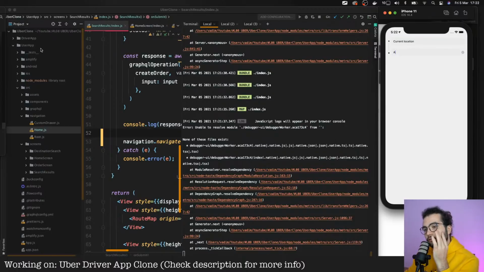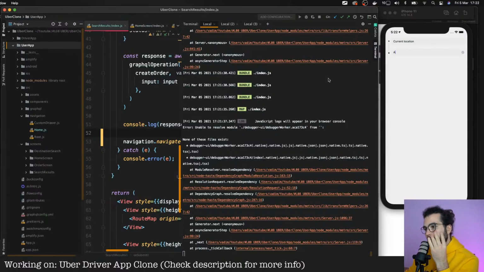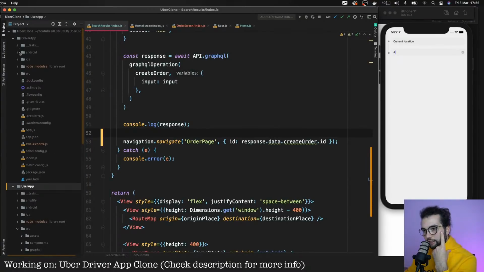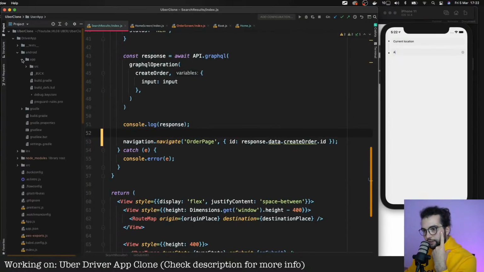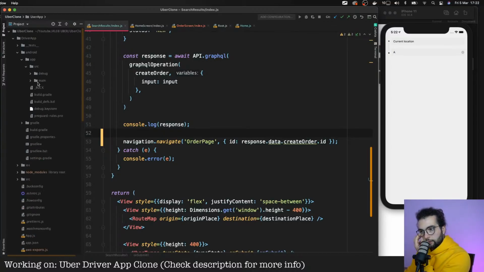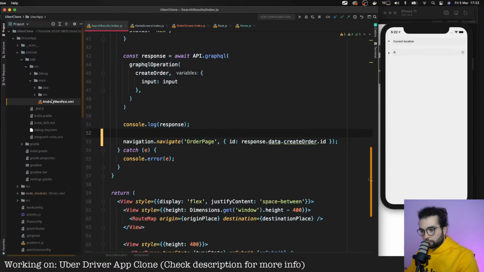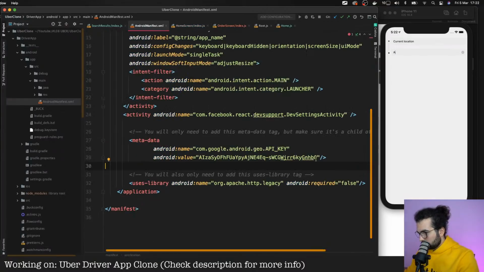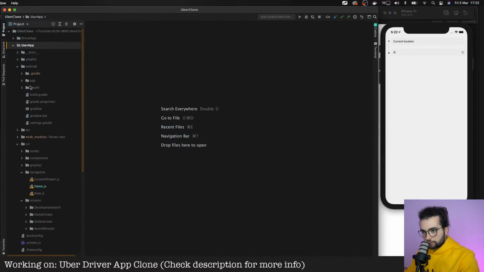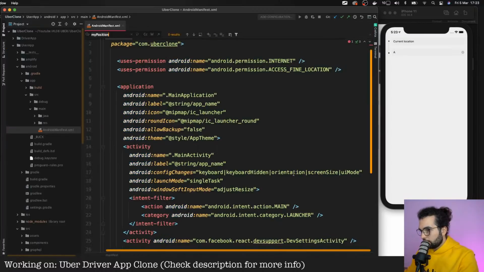So let's go here in the user app. In the user app, I think I didn't change the API key from Google. So it is this one. Let's close all the tabs. And in the user app, let's go to Android app source main Android manifest and check if it's the same.